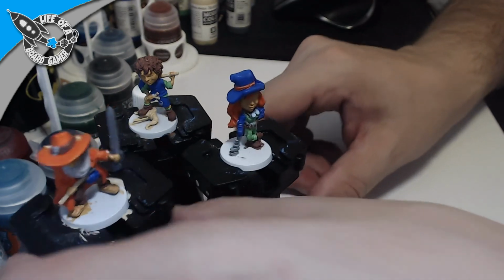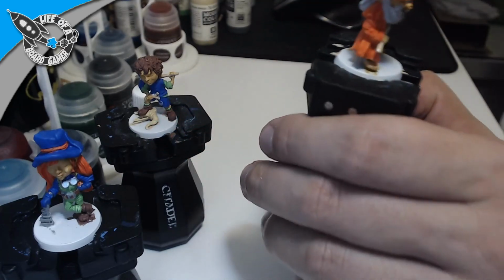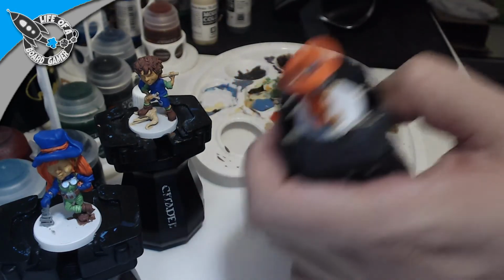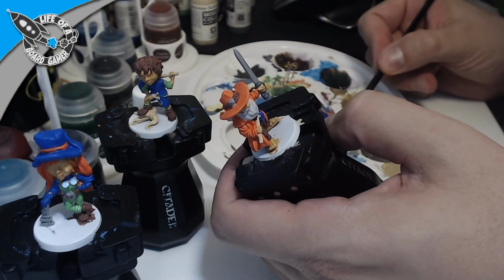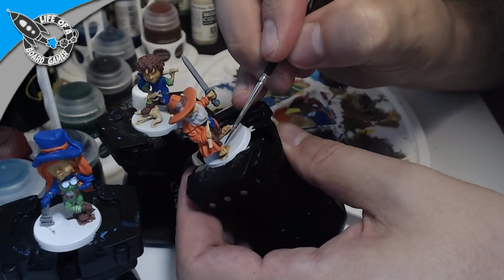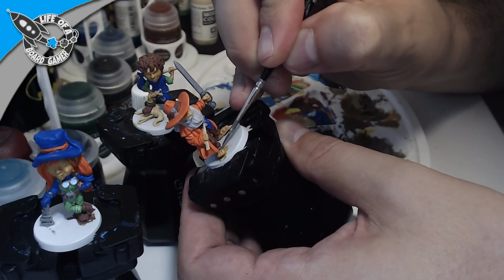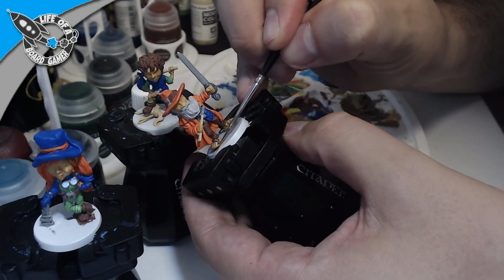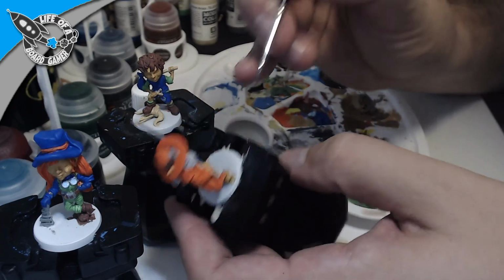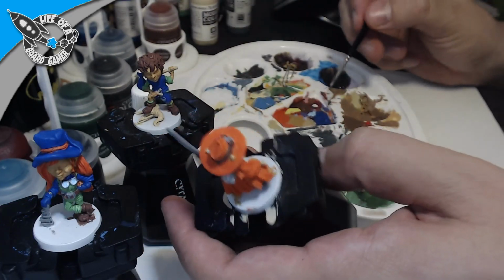Oh, I forgot to paint something. I just now realized that he has some straps on his sandals. So while we still have some paint, this dark gray is going to serve us just fine for that. Yeah, it works great. Okay,